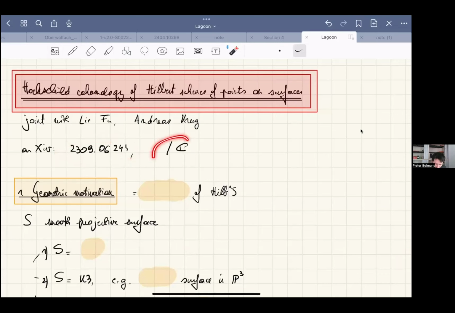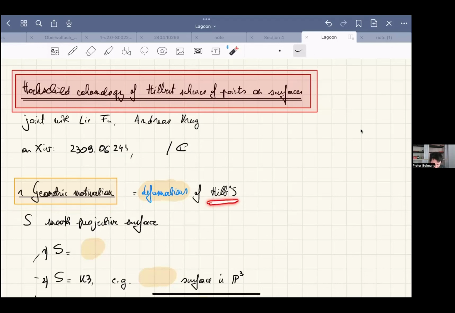Today, I will just be working over the complex numbers because this frees up the letter K for the base field, so I can use it in formulas for integers. So I want to start with some geometric motivation. And the geometric motivation, very quickly said, is we want to understand deformations